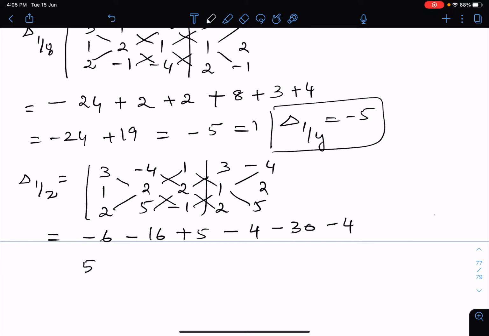38 and 22, isn't it? 38 and 22 gives you the answer as 60. So minus 60. So our 1 by z is going to be